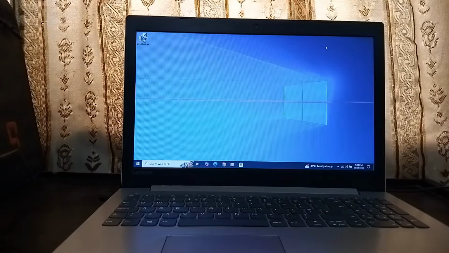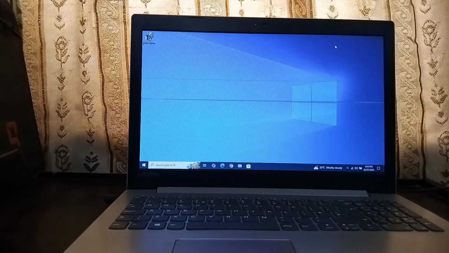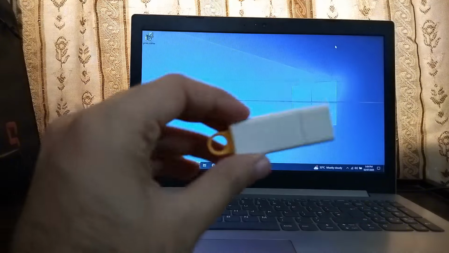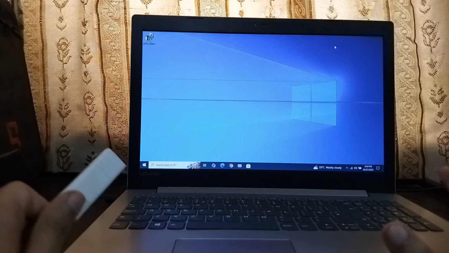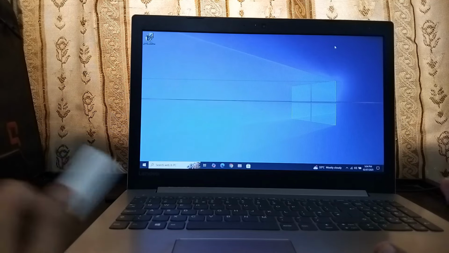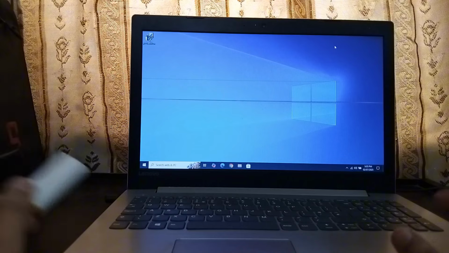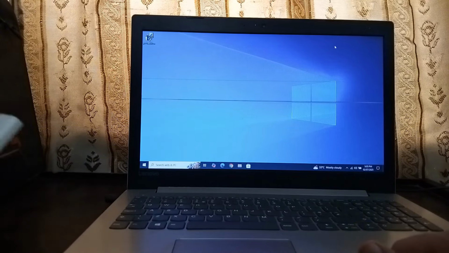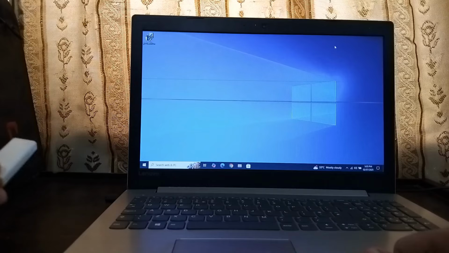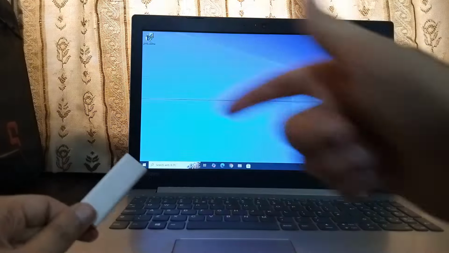And so first of all, what you need is a Windows 11 bootable USB drive. As you can see, I've got this one. Any USB drive that you have, it should be at least 8 gigabytes, can become an official Windows 11 installation drive. What you're going to need to do is go to the Microsoft website. I've given its link in the description as well. It's the official Microsoft website. You have to go there. You have to download the Windows 11 ISO image file, and then you have to burn it on your USB